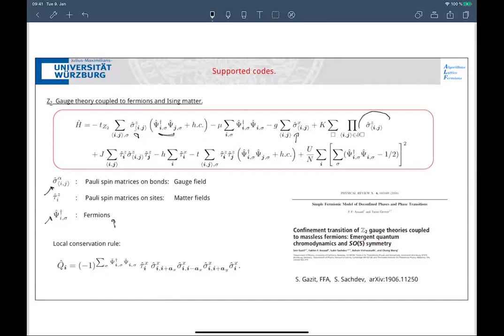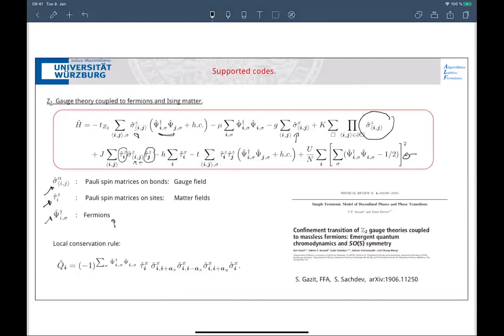There will be gauge fields. There is a plaquette term, for those people who are very well versed in this. And I can put in a Hubbard U term here. Now, on top of this, to make our life more complicated, but the physics much more interesting, we have Pauli matrices on sites. These are called matter fields, tau z of I. And these tau z of I can couple like this to the gauge field. So you should see that the gauge field at the two extremities, I and J, carries what in jargon is called a Z2 charge. And this has also a Z2 charge. So this is Z2 neutral. So I can put in a term like that.